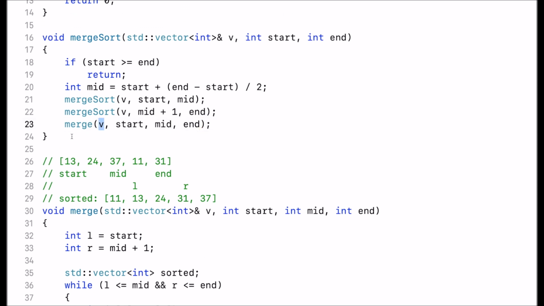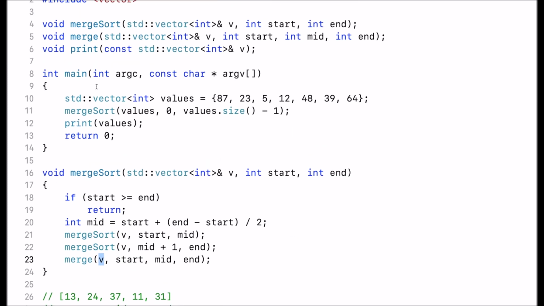back to the function call here, and that returns all the way to the main. In the main, I created a vector of integers that I initialized to these integer values. Then I call the merge sort function. I pass in that vector, and I say initially in this function, I want to consider the entire vector as input. So this is the entire vector that I want to start out with. And that is defined by the start index 0 and by the end index size minus 1,